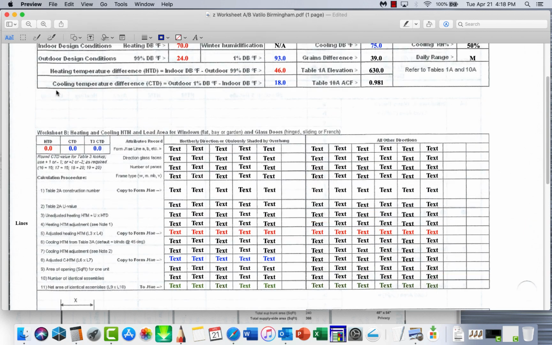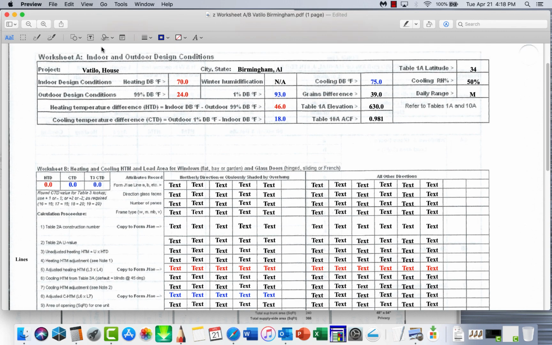So let's start with our HTD. Now, if you go up to your Worksheet A right above it, your HTD is already there. So that's 46.0. And your CTD is right up here, 18. So put that in there. And T3